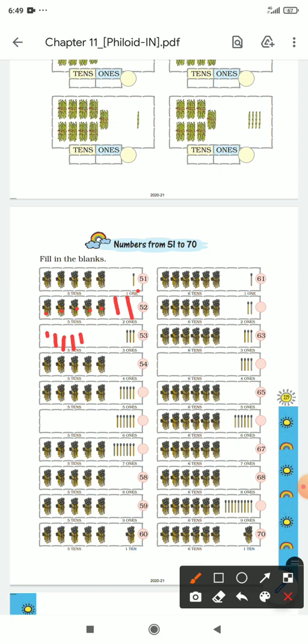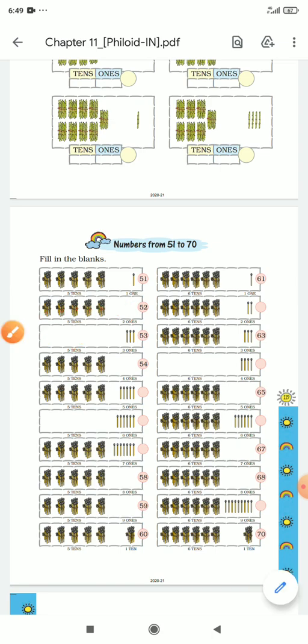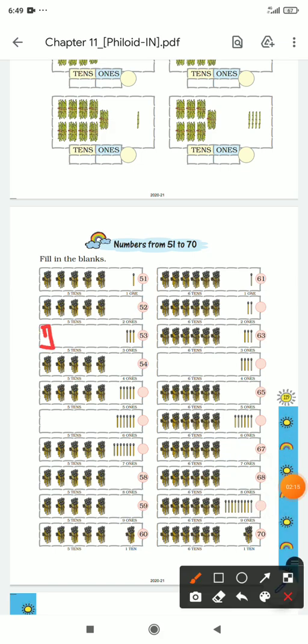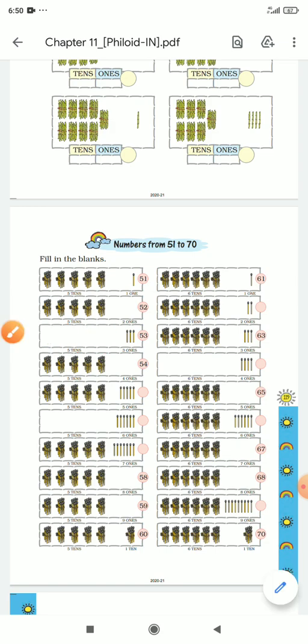What you do is make a single box, or a square box, and in the box you put 10 dots. So one box includes 10 dots. It is equal to one bunch. Okay. In this way you can draw the bundles of matchsticks. So on this page you have to do the same way.